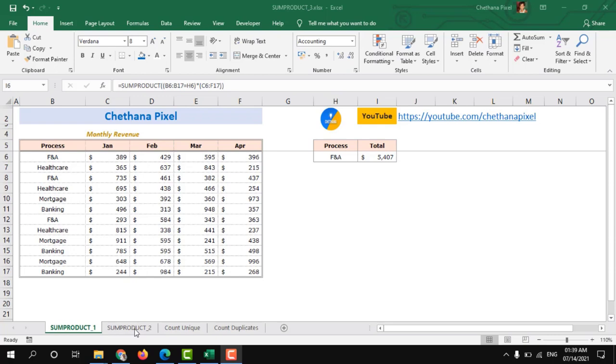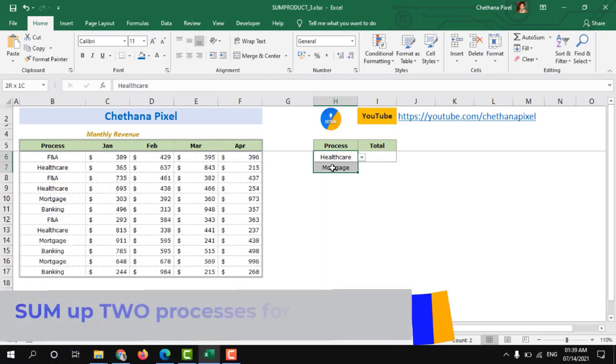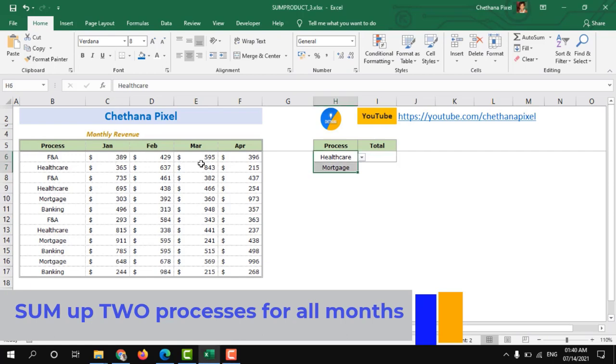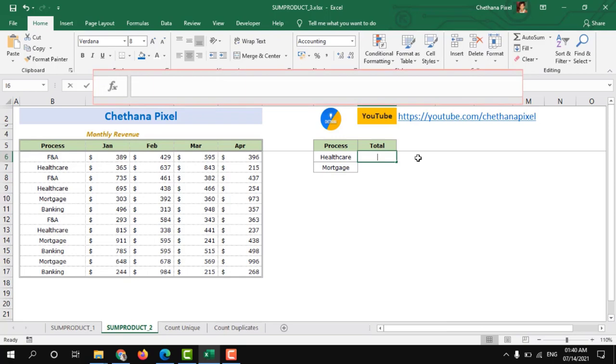Let us go to SUMPRODUCT scenario 2. Here I have two processes. I need to sum up the revenue only for these two processes for all the 4 months. So let us implement the formula. Equals to